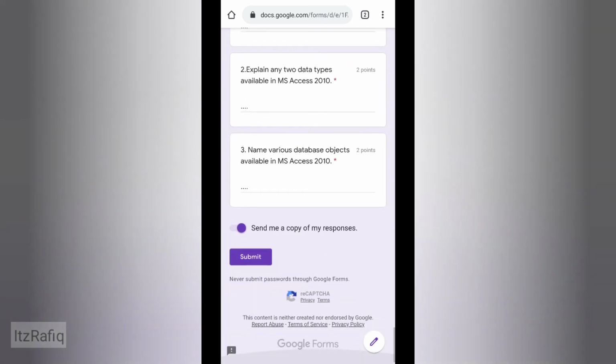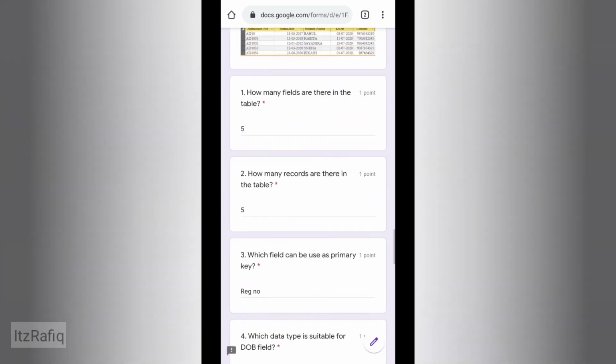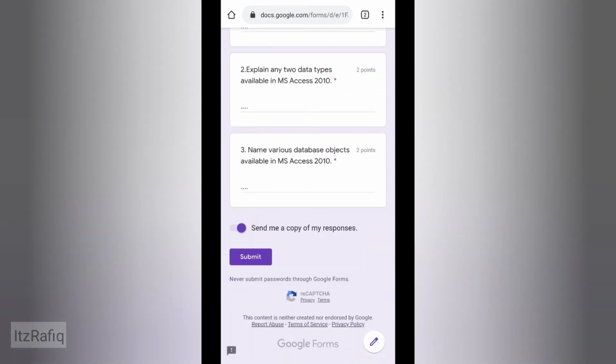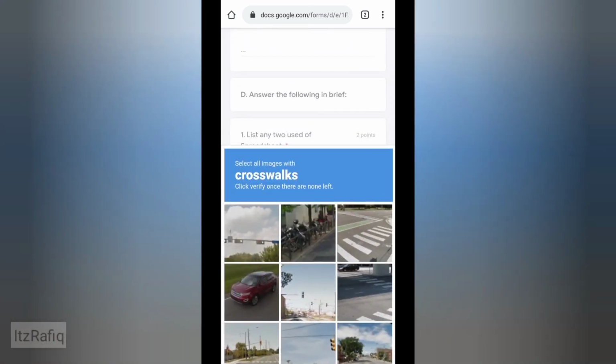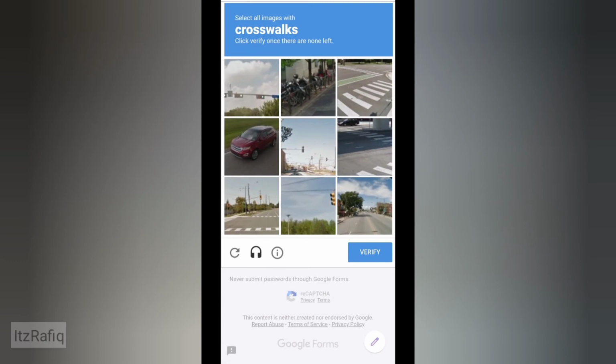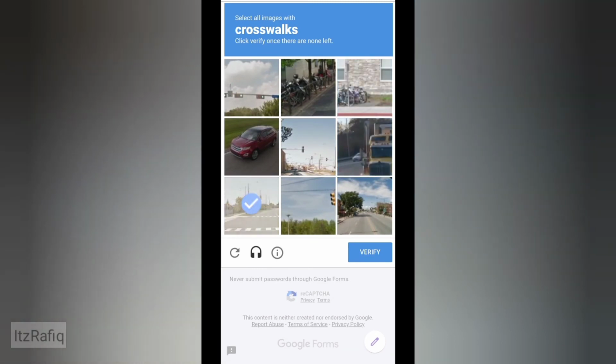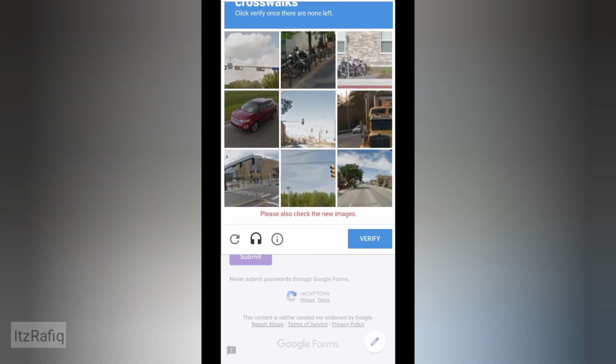Now as I have completed the form, I can submit it. So click on submit. Sometimes it may show you this, so select the crosswalk, verify.